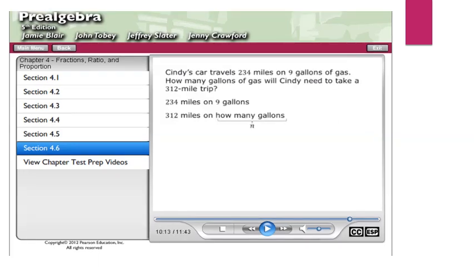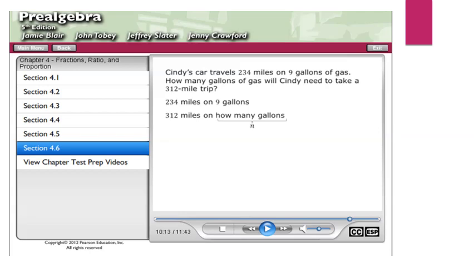Okay, so here we have another example in finding a proportion. And we know that Cindy's car traveled 234 miles on 9 gallons of gas. Okay, we do know that. That's the information that's given to us. What it wants us to find out is how many gallons of gas will Cindy need to take a